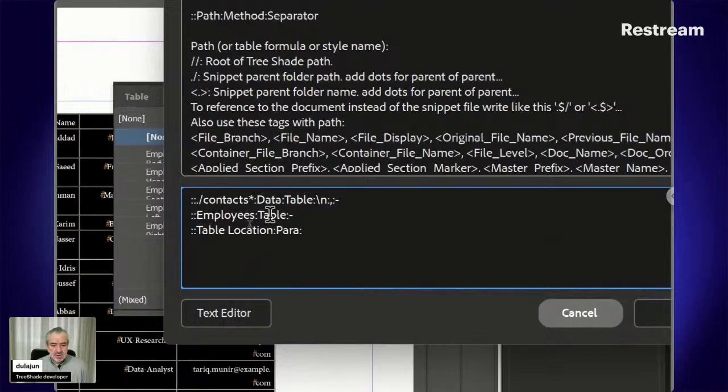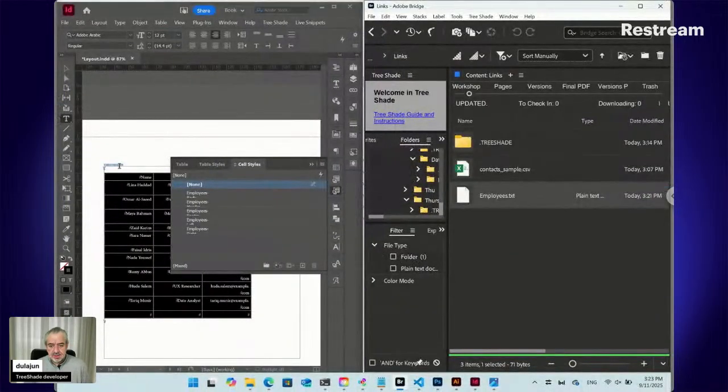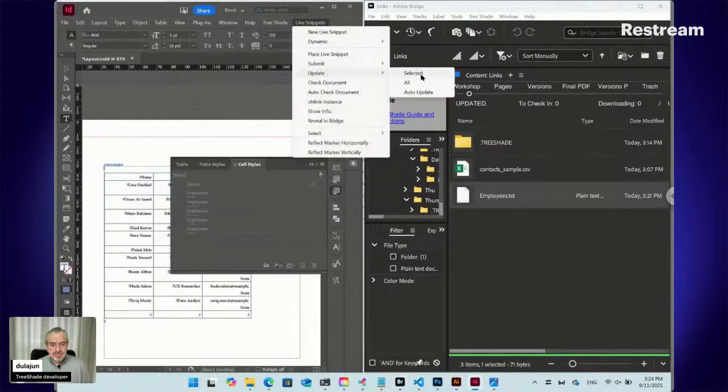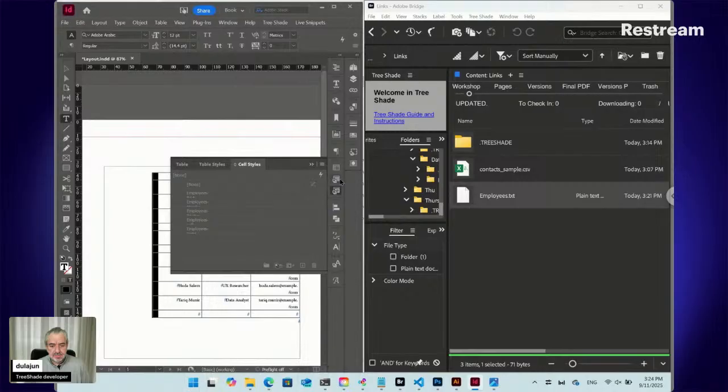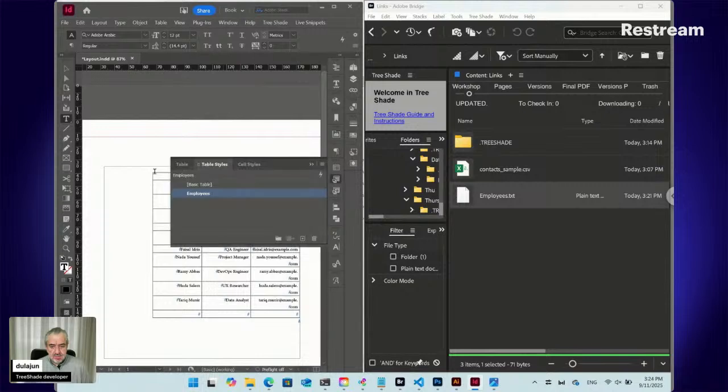Here you specify that this is a table style, and here a paragraph style. Okay. Now let's update. Now we have table style